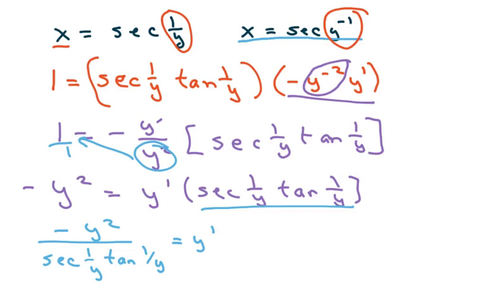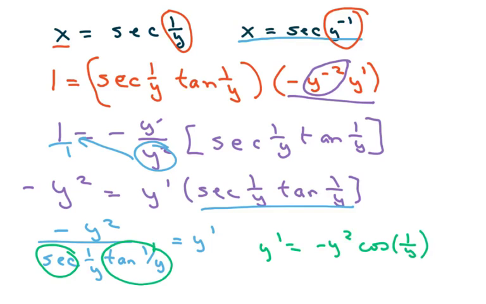If you want to simplify this even further with identities, you don't have to, but you're going to get y prime equals negative y squared, and I'm going to move the secant up, so that would be cosine of 1 over y. And if I move tan into the numerator, it turns to cotangent of 1 over y. You don't have to do that, but